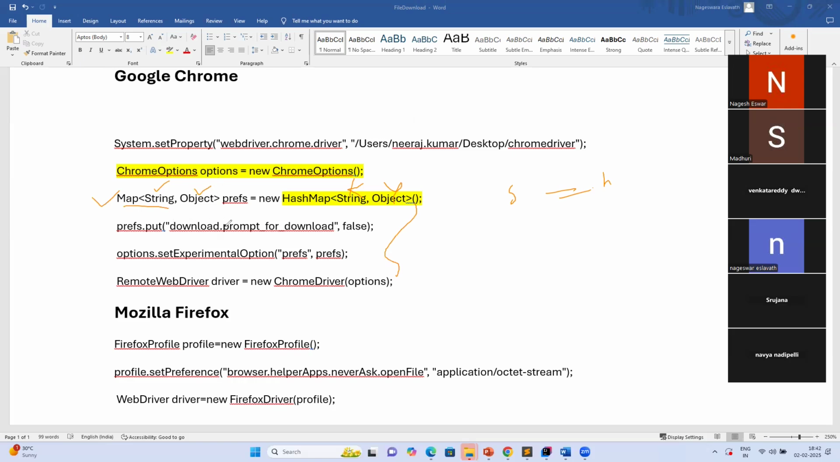Okay, so that is what here. What is the first preference we are adding? Preference dot put method, and download dot prompt for download is false. So what does that mean? Once you click this particular download, I don't want to display the